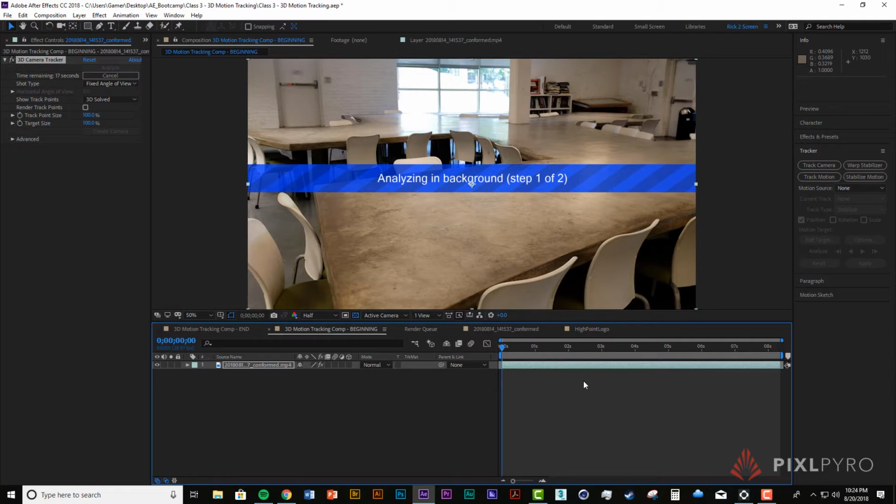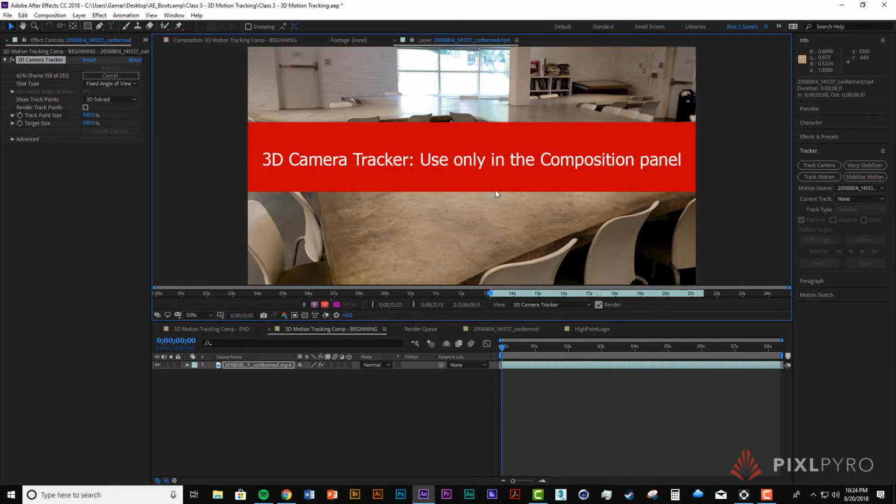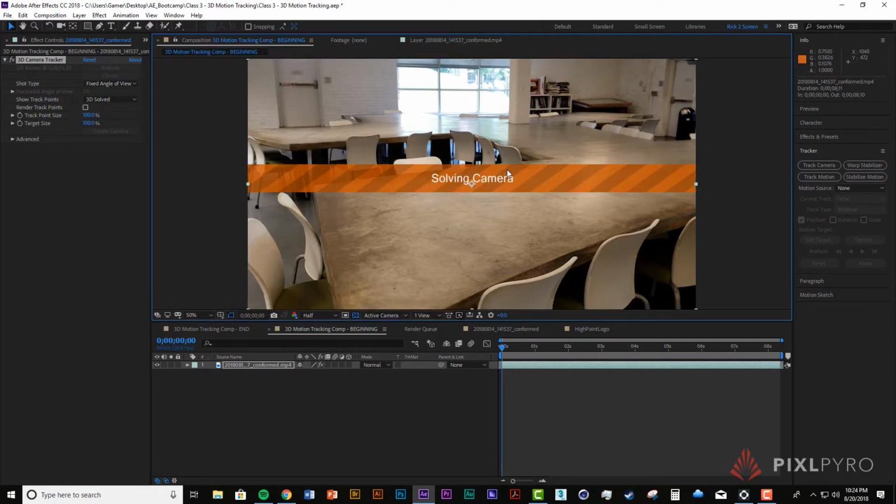And another thing that's important to note is I didn't go into a layer to do this like you would with the track motion part, the motion tracking. You don't have to do that. You do it inside of the composition. And obviously it'll tell you that if you try to go into a layer and use track camera. So right now I went back and it's